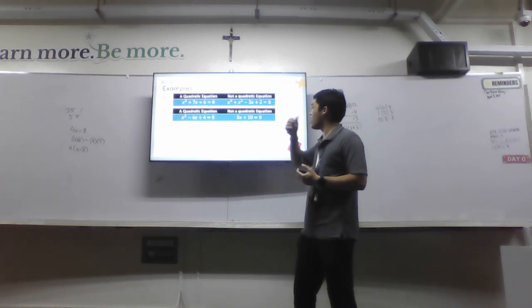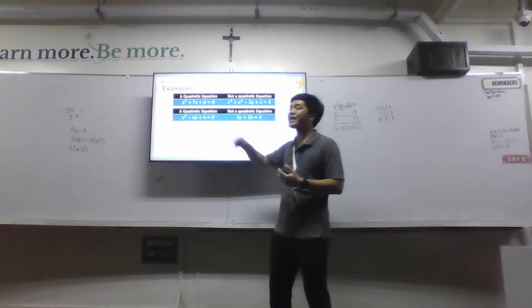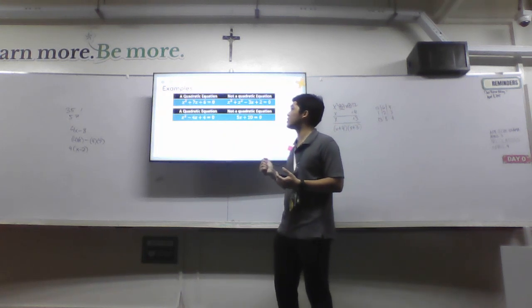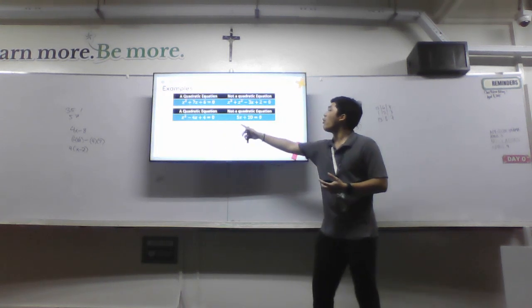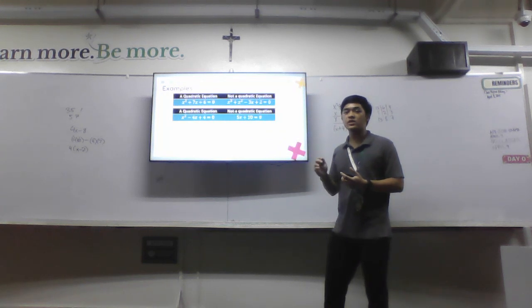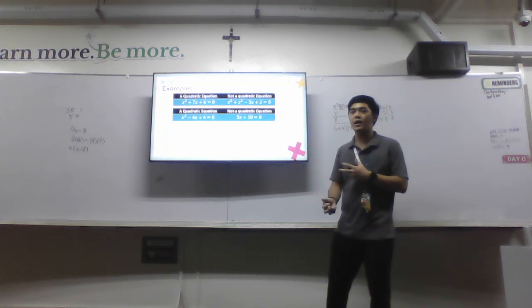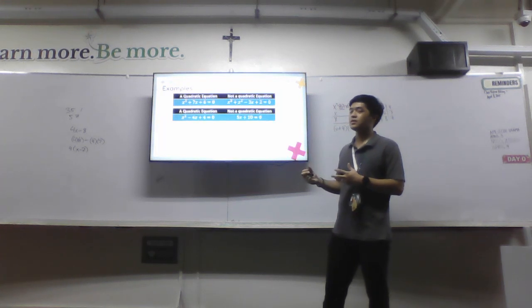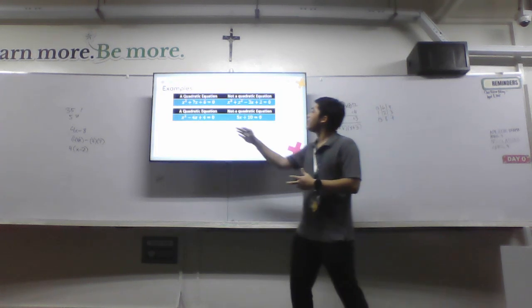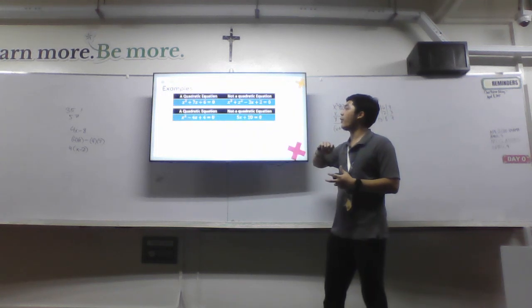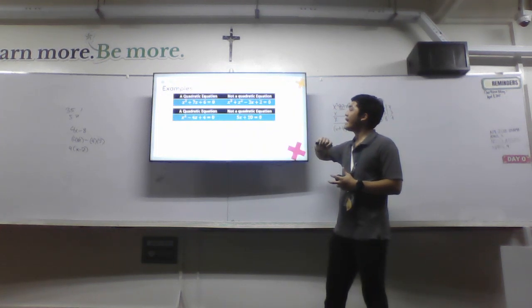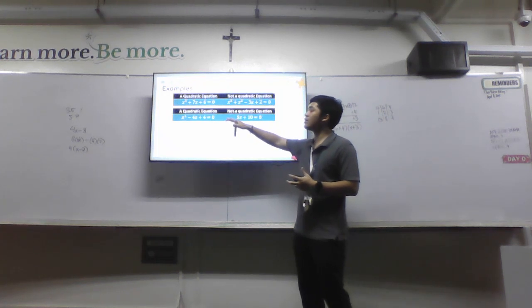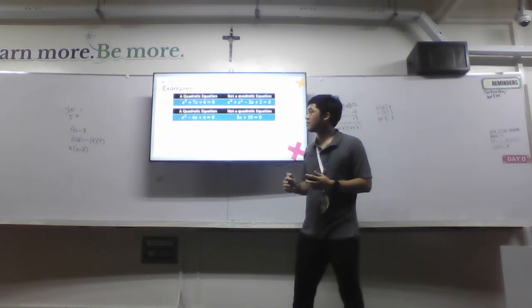Now, how about this one? This one is a quadratic equation. x squared minus 4x plus 4 equals 0 is a quadratic equation. However, 5x plus 10 equals 0 is not a quadratic equation. Why? What is the main difference? So, okay, this one, the non-quadratic equation, the non-example of it, does not have x squared. That is the main difference.